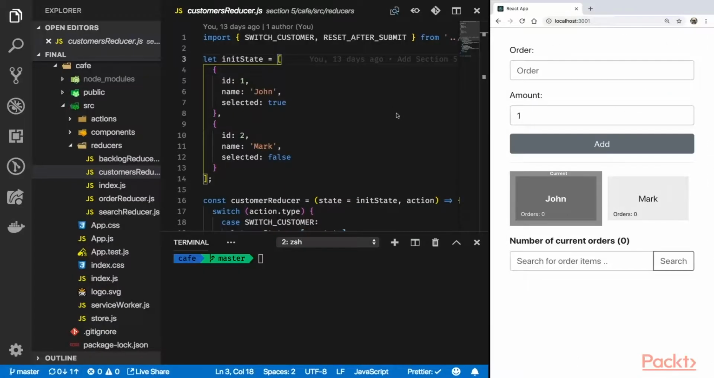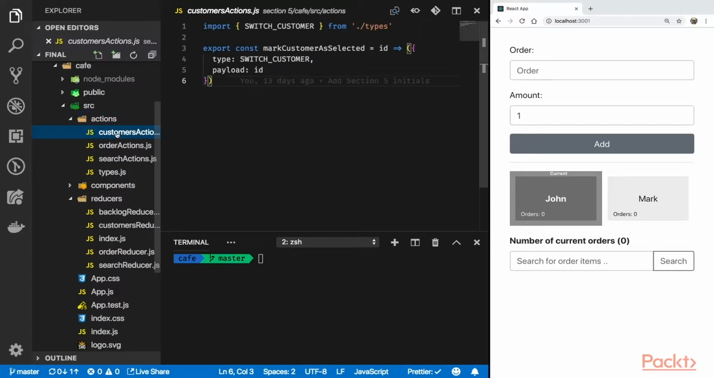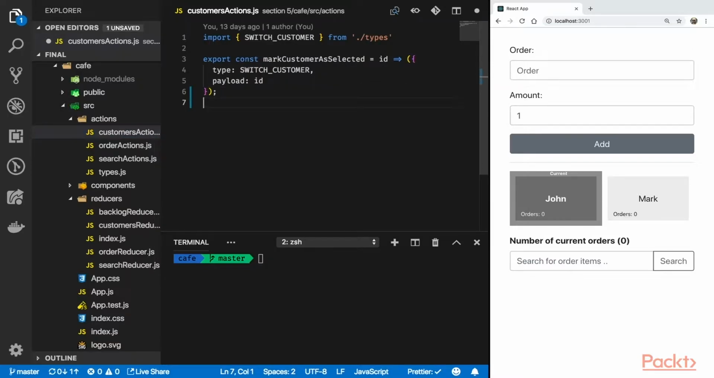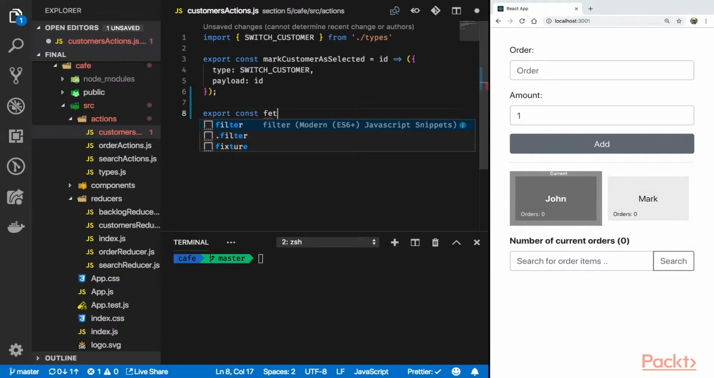Cool. As we know, React is just the view layer to view whatever comes from the state, and any change happening to the state is happening by the reducer, and the reducer is getting any data from the action payload. So the action creator is the best place to make these HTTP requests. Let's open the customer action and start adding a new function, fetchCustomer,